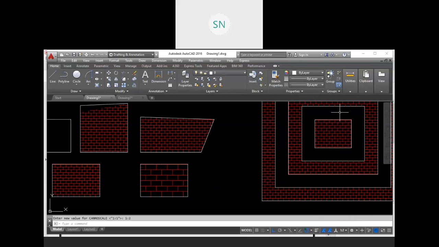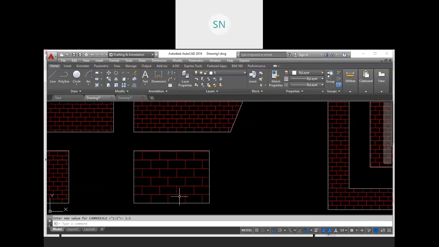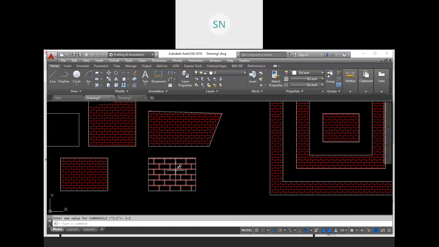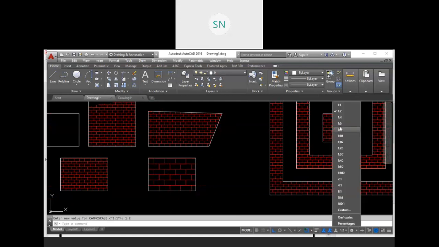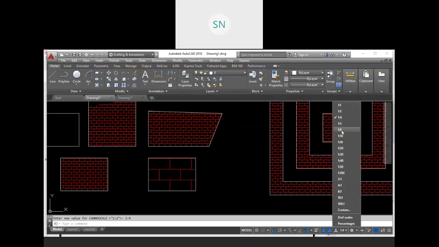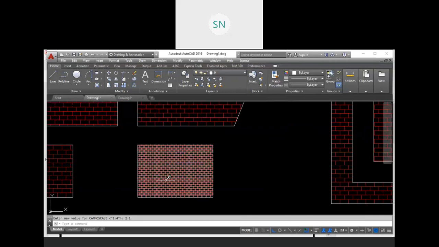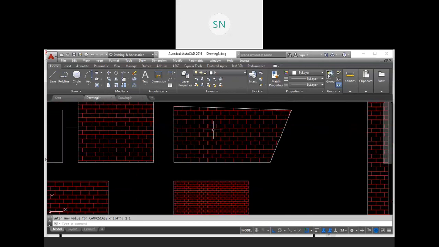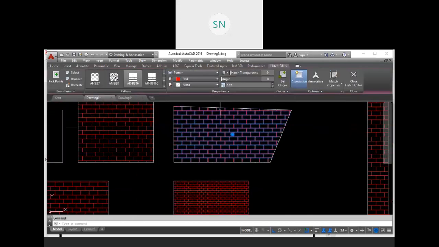Let's say 1:2. See, the scale of the annotative hatch is going to change. 1:4, 2:1. The actual scale of this hatch, if you select it, is 0.03.